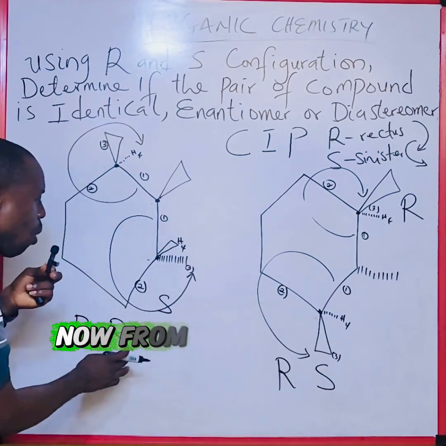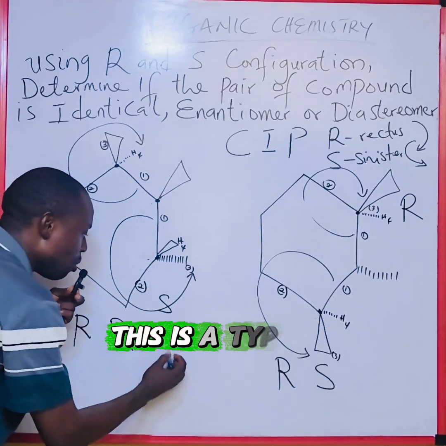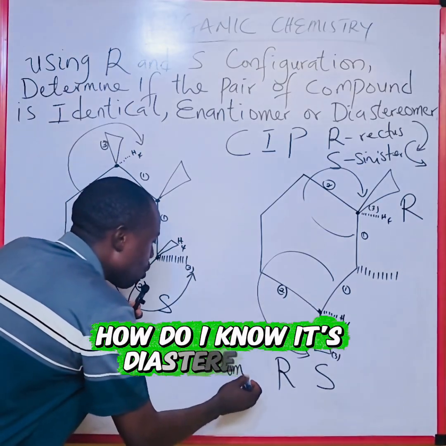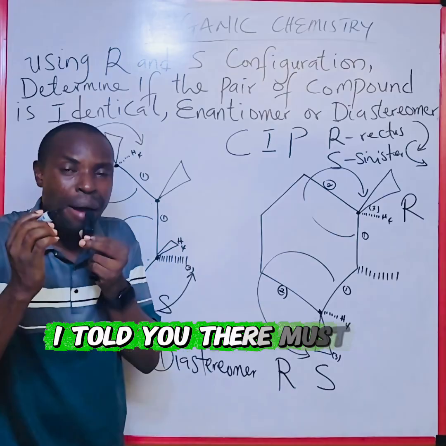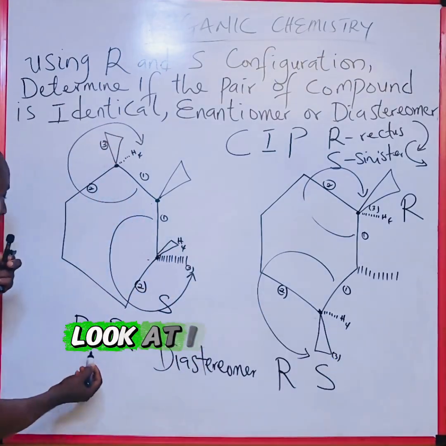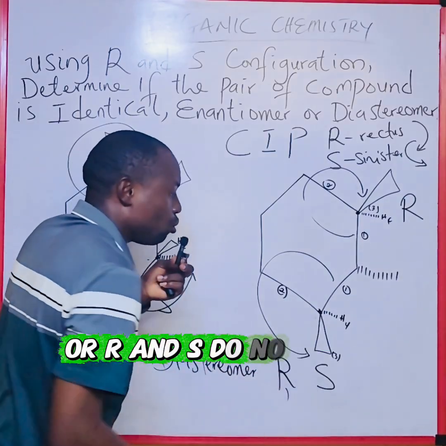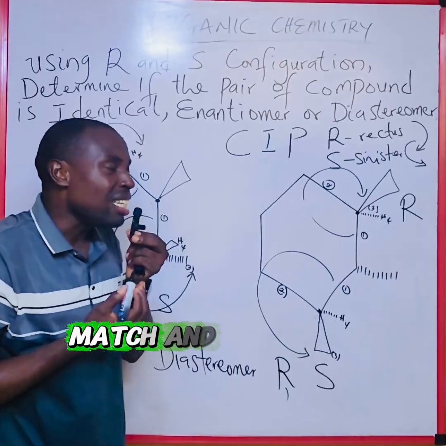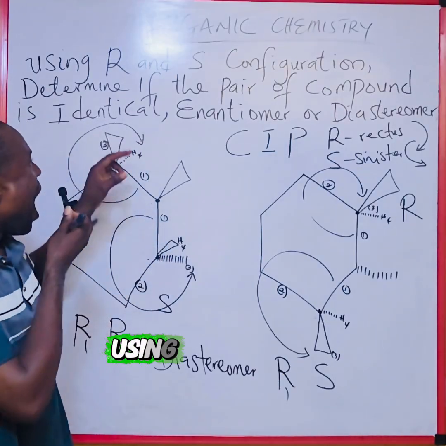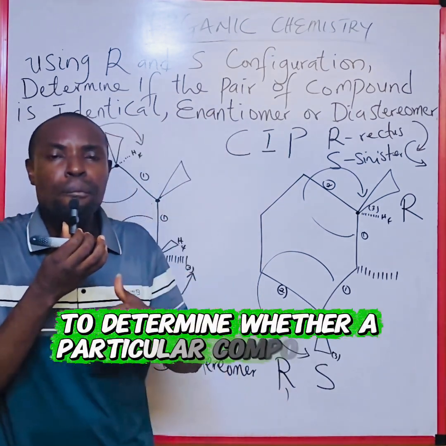X. Now from what you are having here, this is a typical diastereomer. How do I know it's a diastereomer? I told you there must be partial mismatch. Some will match, some will not match. Look at it here now. Arrow and arrow match, but arrow and X do not match. And this is how easy it is using the arrow and X to determine whether a particular compound is